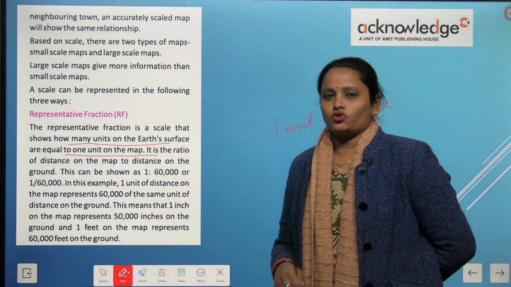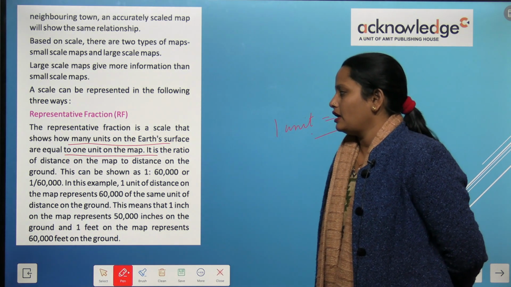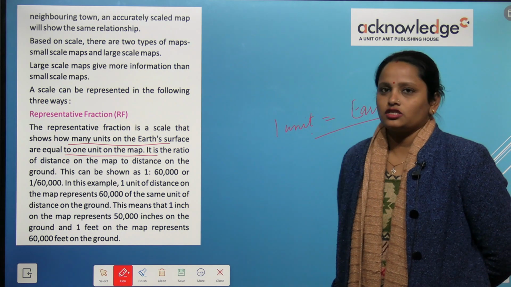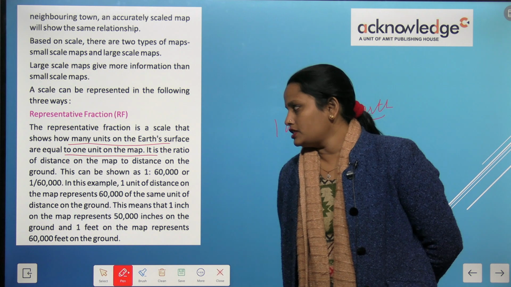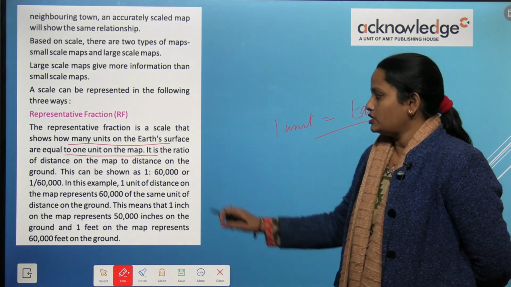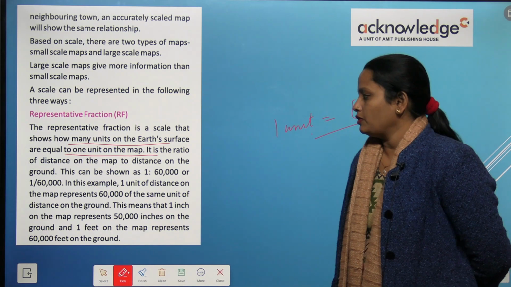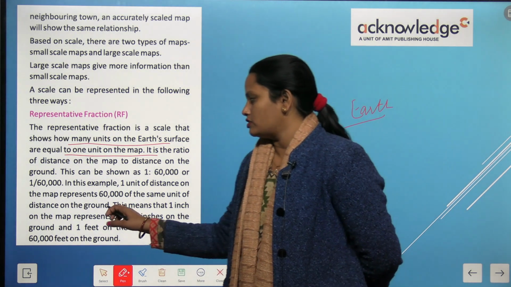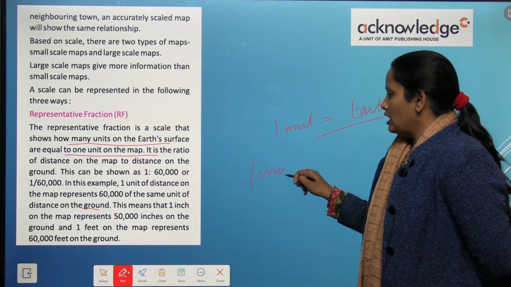This shows the RF, and it is a ratio of distance on the map to distance on the ground. So ये ratio बताता है, distance बताता है map में related to the ground. This can be shown as 1:60,000 or 1/60,000. In this example, 1 unit of distance on the map represents 60,000 of the same unit of distance on the ground. So यहाँ पे ये कहा गया है कि अगर 1 यूनिट जो है मैप पे शो